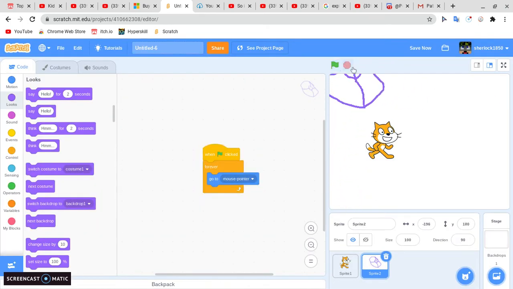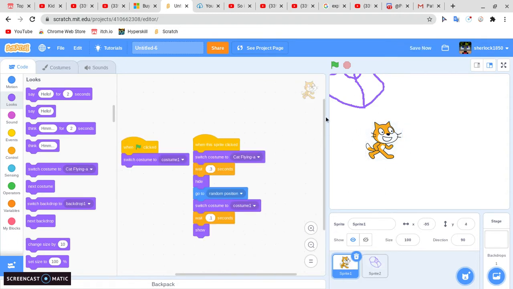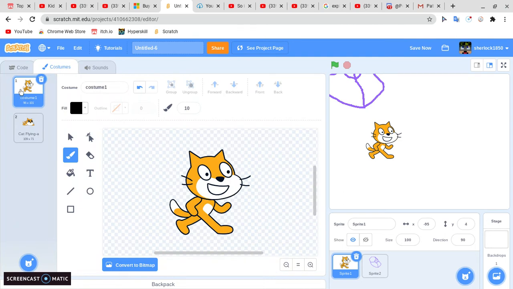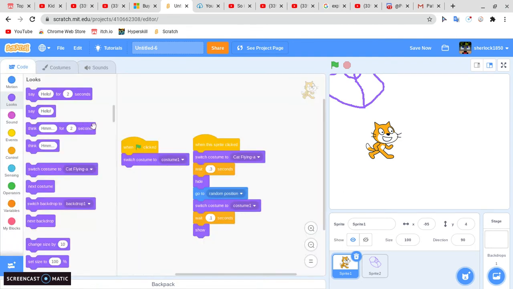So, what you'll need to do is first, you can find any sprite, you can even import your own, and then use it as the enemy. And then put this code in. Oh, and this one, it needs to be switching it to the costume that's dead. You need two costumes, one that's alive and one that's dead. So this is the code for the enemy,